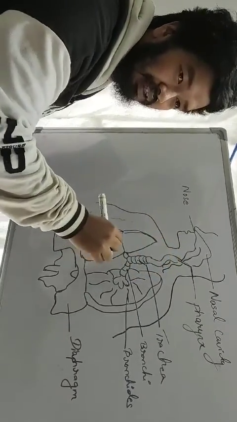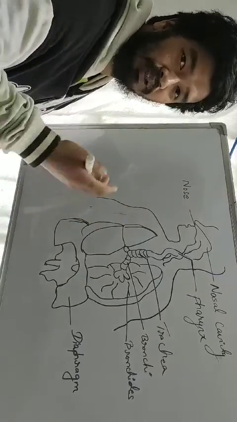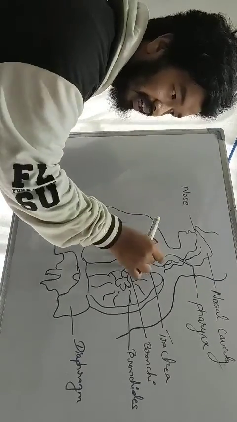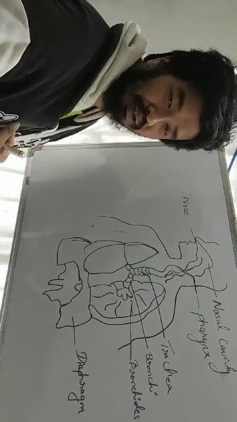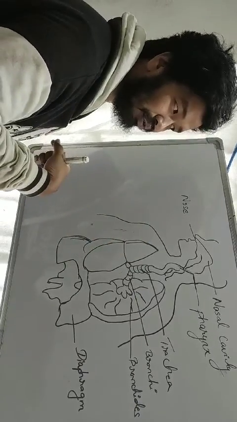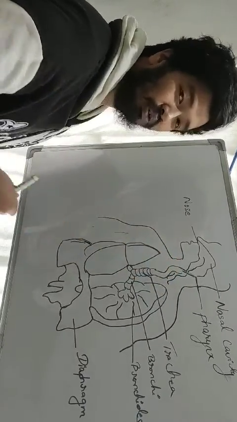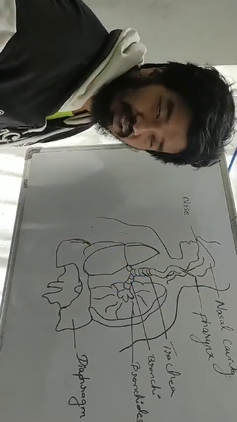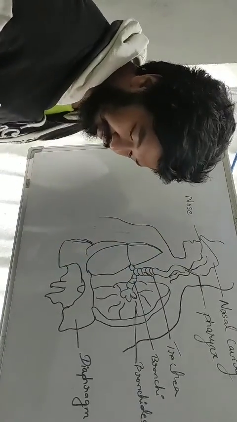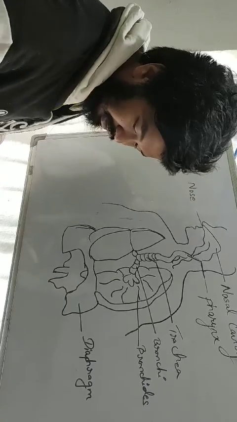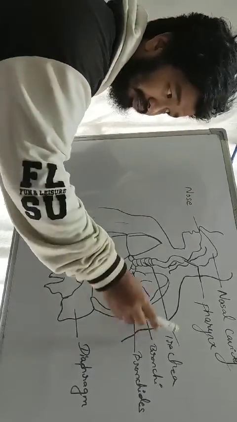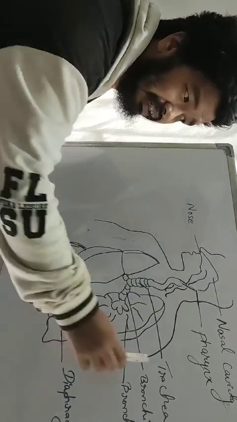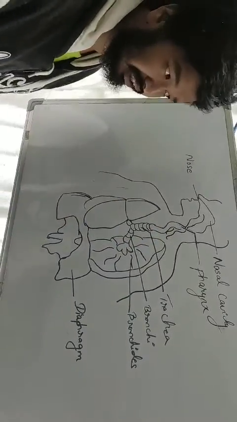The esophagus is also known as your food pipe, and the trachea is also known as your windpipe. So sometimes while eating, you talk, and your windpipe opens. At that time the food might enter your trachea and you start coughing. That point is known as your pharynx. Then after passing through the pharynx comes the area known as your trachea.